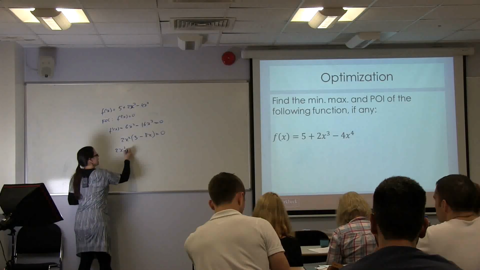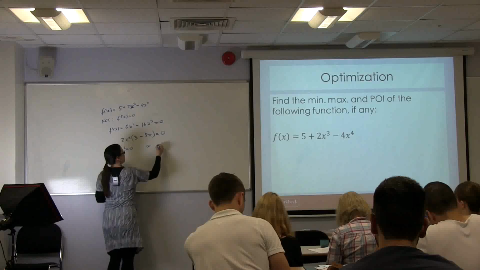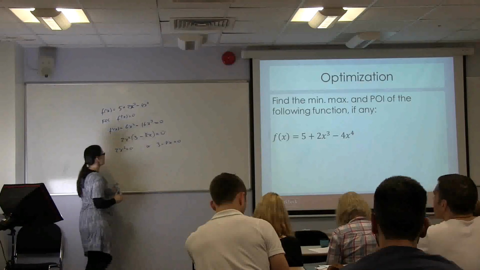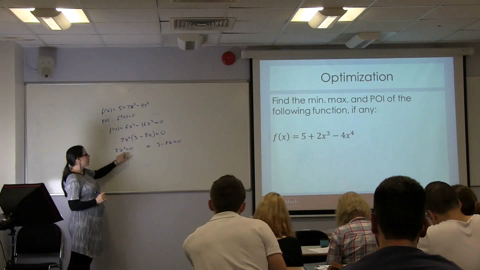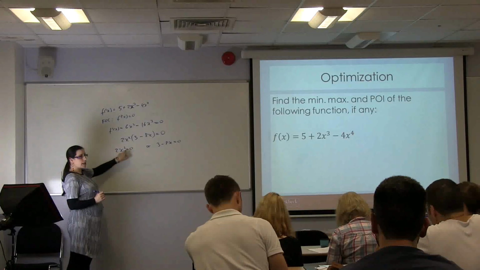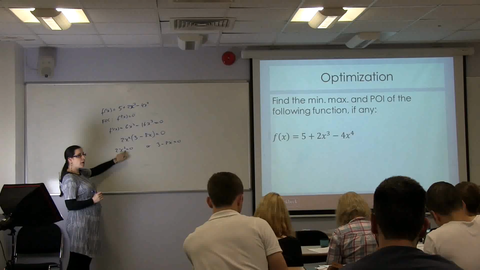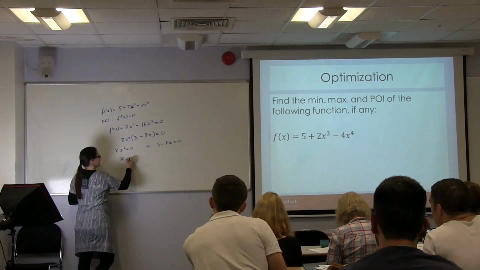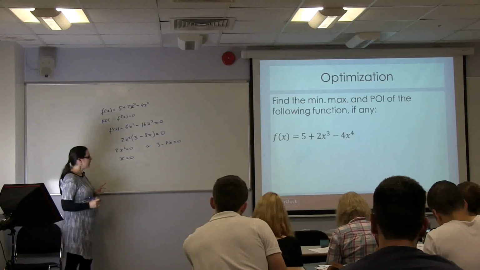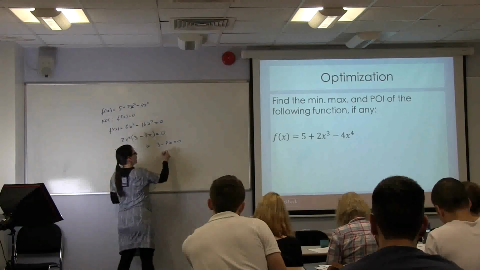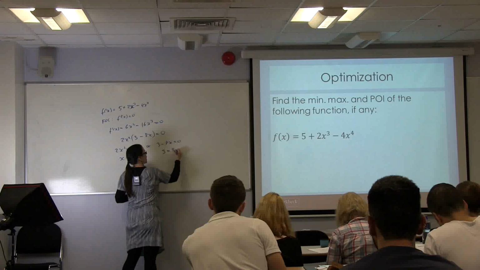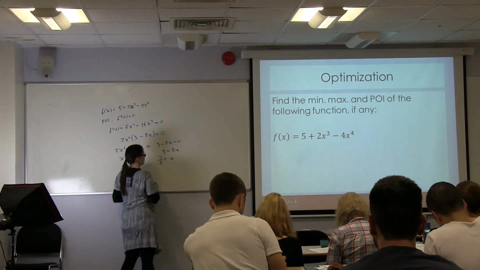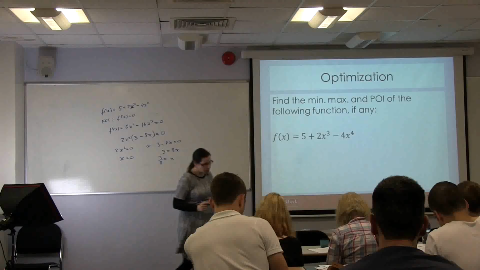So 2x squared is 0, or 3 minus 8x is 0. 2x squared will only be 0 if x squared is 0, but the only number I can square to give me 0 is 0, so x has to be 0. And this one is 3 equals 8x, so x equals 3 over 8, which is